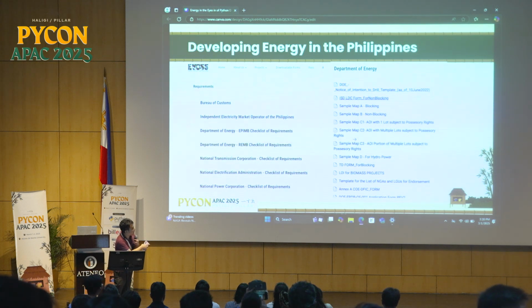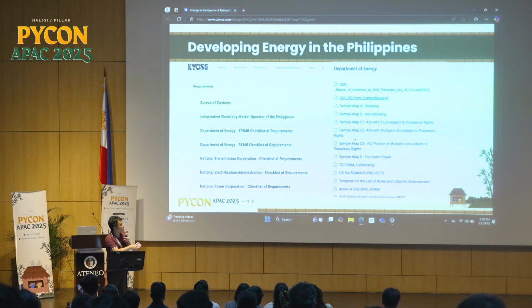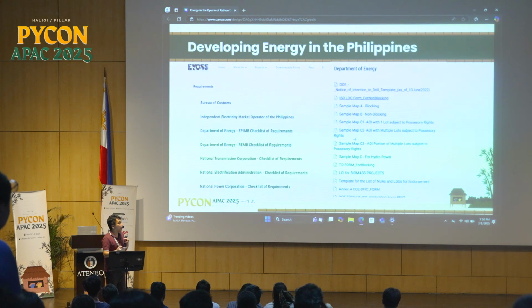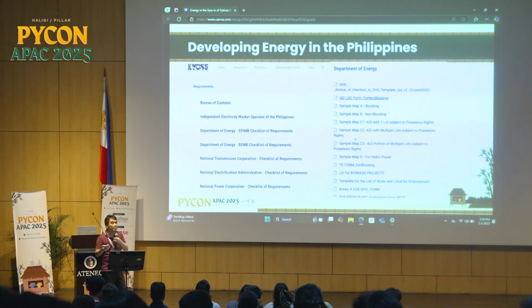For example, you need a sample map, and you have your template for NGA or LGU endorsement. Before you build a power plant, you need to ask the local government unit, where can we build? And you need to ask for the people's support, because you cannot just build a power plant without community support.